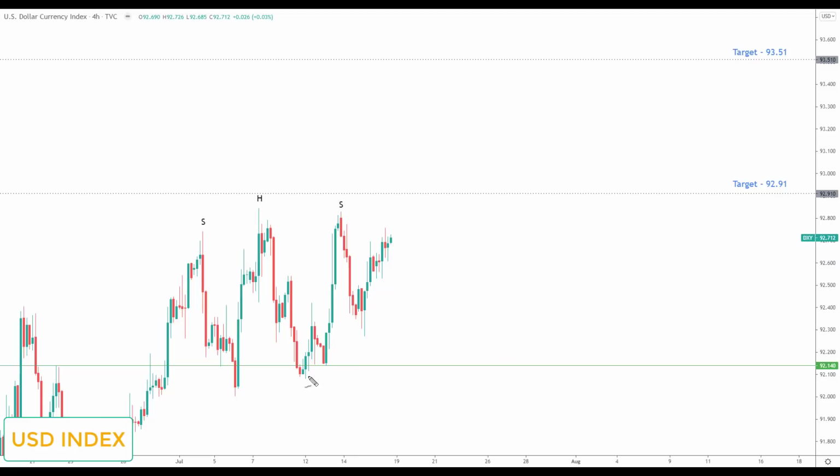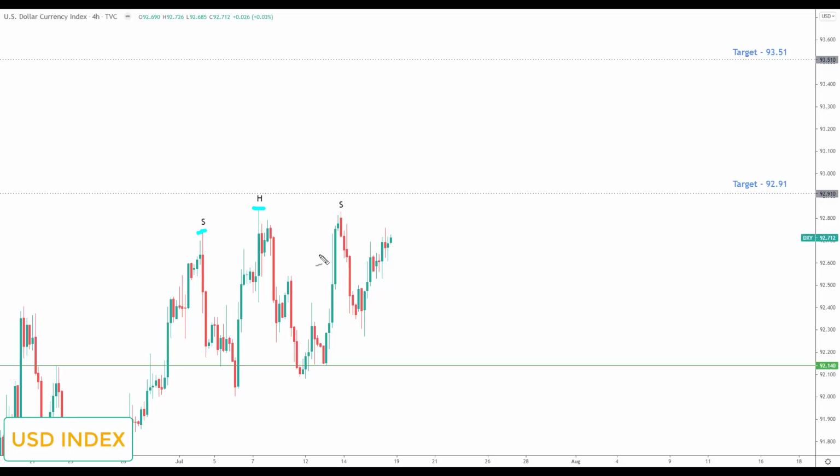I did suggest last week that the preferable setup I wanted to see was the dollar breaking down. This is because the dollar is, you can see, starting to run out of steam. Although it's bullish, we do actually have the DXY struggling to make new highs and to break with momentum above the previous highs. Although we had a rally last week, we failed to even break the previous high, which sets up this developing head and shoulders pattern.